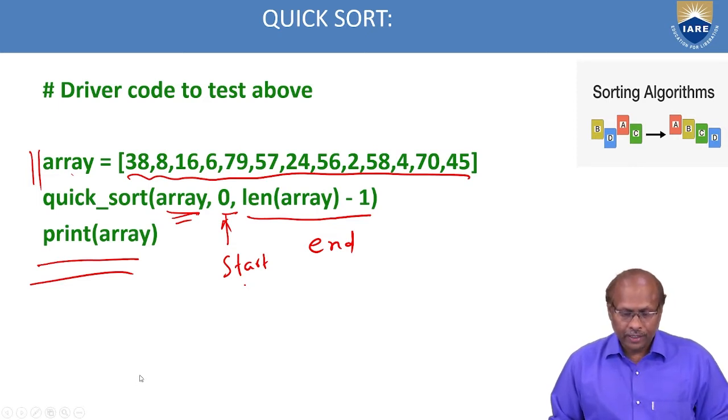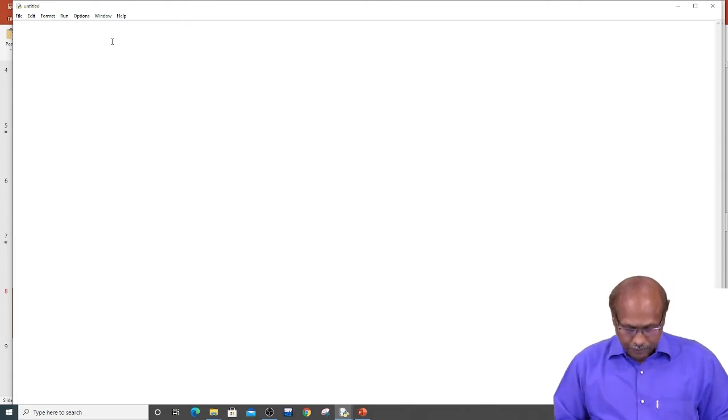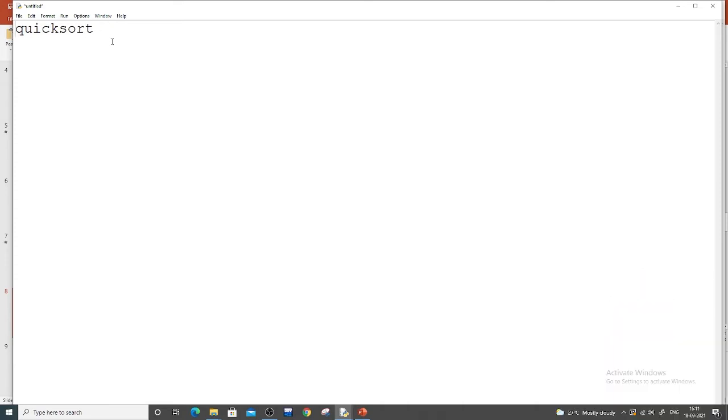Now we'll go to IDLE. Here I'll write my quicksort, and here we are using a recursive technique. So I'll put a comment, quicksort using recursive way, because we are dividing the list into 2 parts.